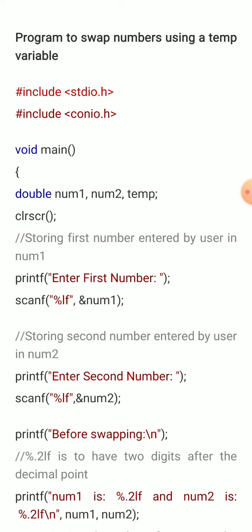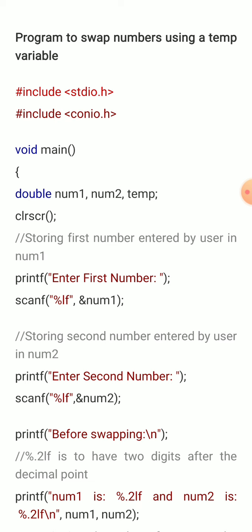Now how we are performing swapping in a C program, we can learn step by step. First of all, dear students, we have to add header files in our program. So here, first of all, we are adding our first header file, that is #include <stdio.h>. Why are we adding this header file? To use printf and scanf functions. Then, dear students, we are adding our next header file, that is #include <conio.h>. Why are we adding this header file? To use clrscr and getch functions.